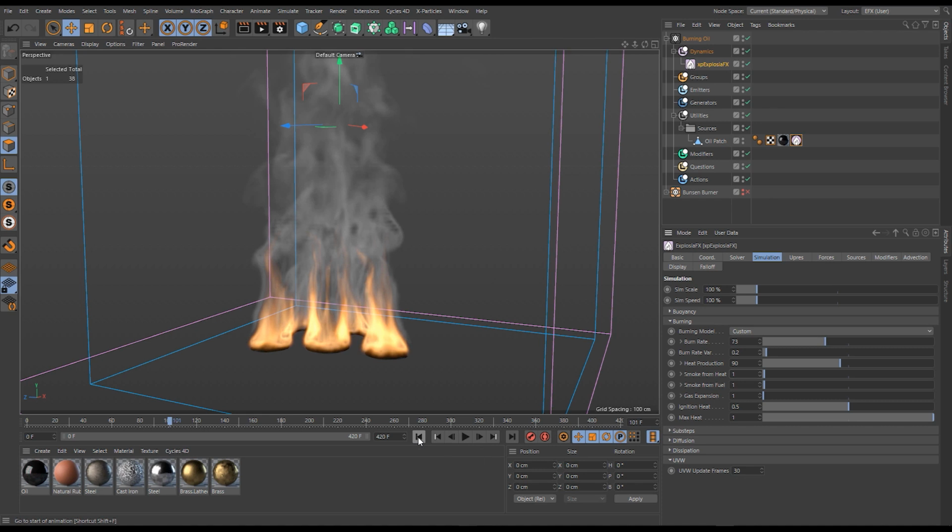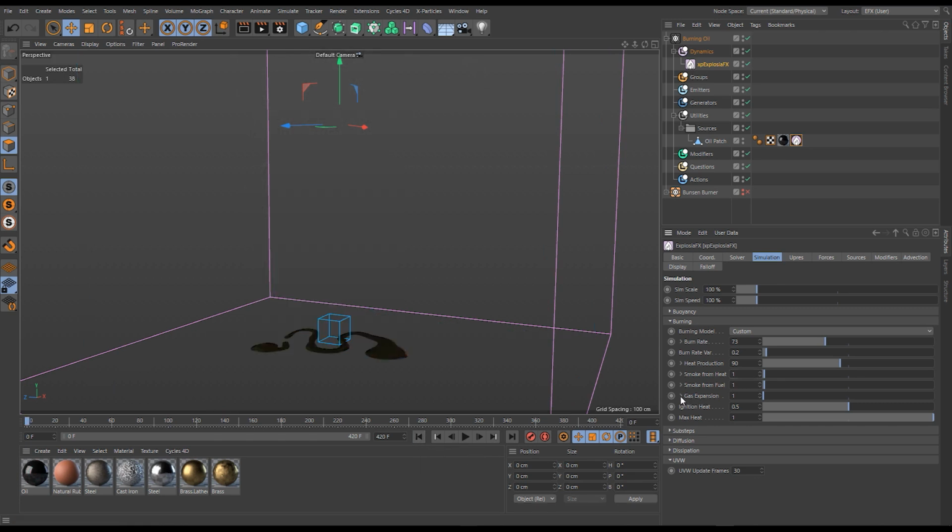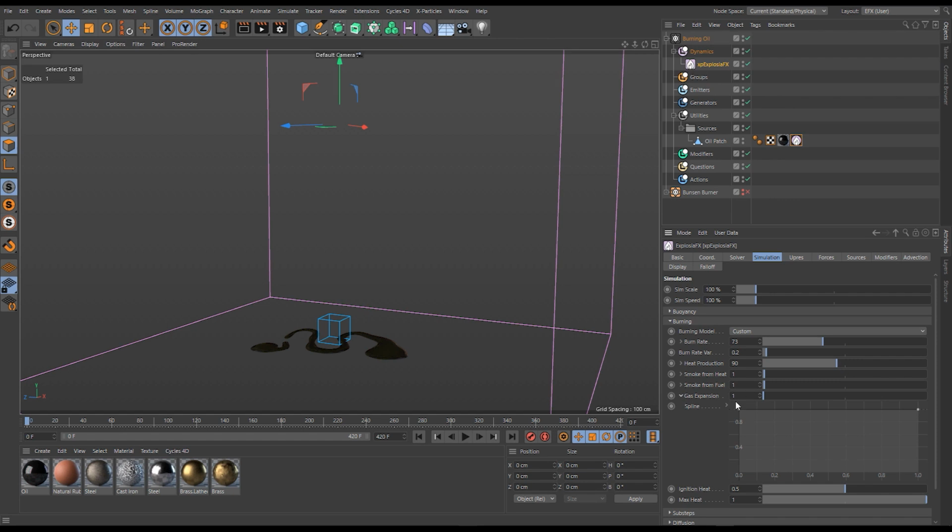If we are creating a lot of heat, in reality, that gas would expand. All of the energetic molecules in our smoke and fire here would be creating an increase in pressure, and it would be expanding, pushing the surrounding air out of the way. And so we control that with our gas expansion value over here, set to 1 by default, and the spline is actually set to a constant. So regardless of how much burning fuel we have here, what the burn rate is, the gas expansion will